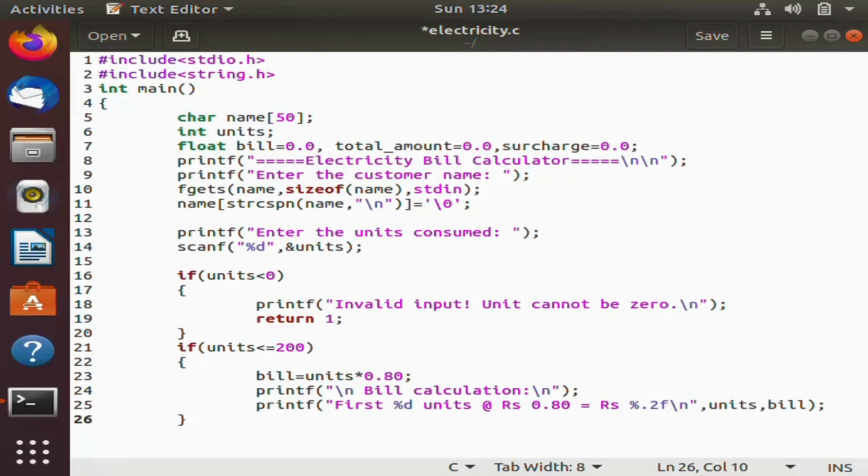So for the first slab we have calculated, that is if units is less than or equal to 200, the units should be multiplied by 0.8 and stored in the variable called bill. And I am printing it, that is bill calculation, first percentage d units, that is first units at the rate of rupees 0.80. Okay, next we will check with the next condition, else if